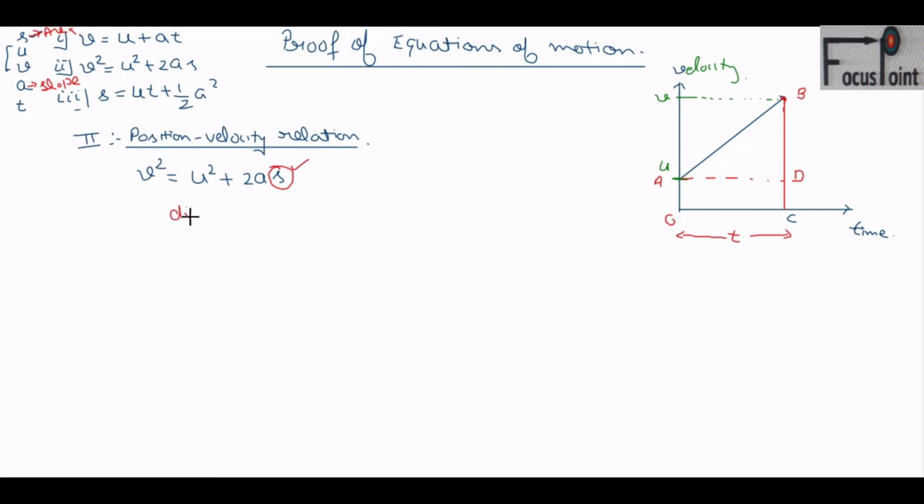So now tell me, displacement will be equal to the area under the curve of the velocity time graph. How will you calculate the displacement? Area under the curve. So we have to find the area under this AB curve. So I am highlighting, you have to find the area under this AB curve. So this area will be equal to the area of the whole trapezium O, A, B and C. Total area you have to calculate.